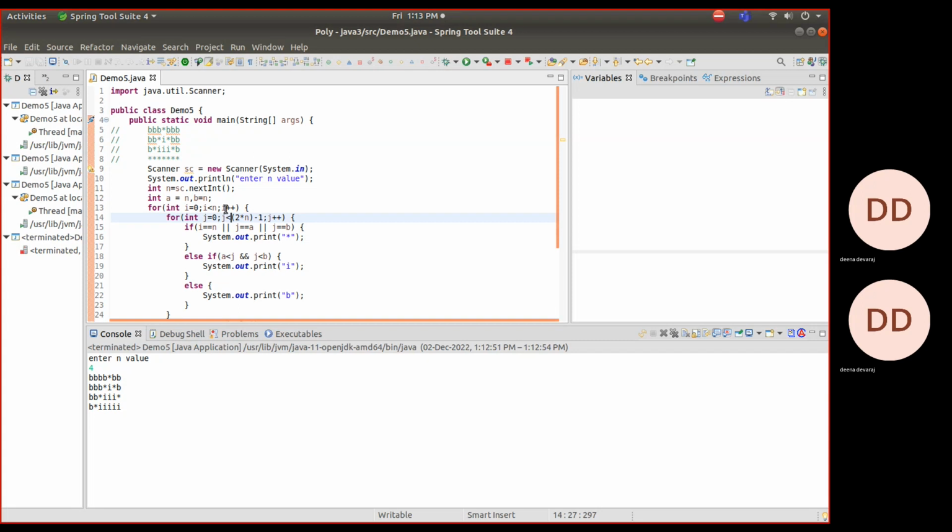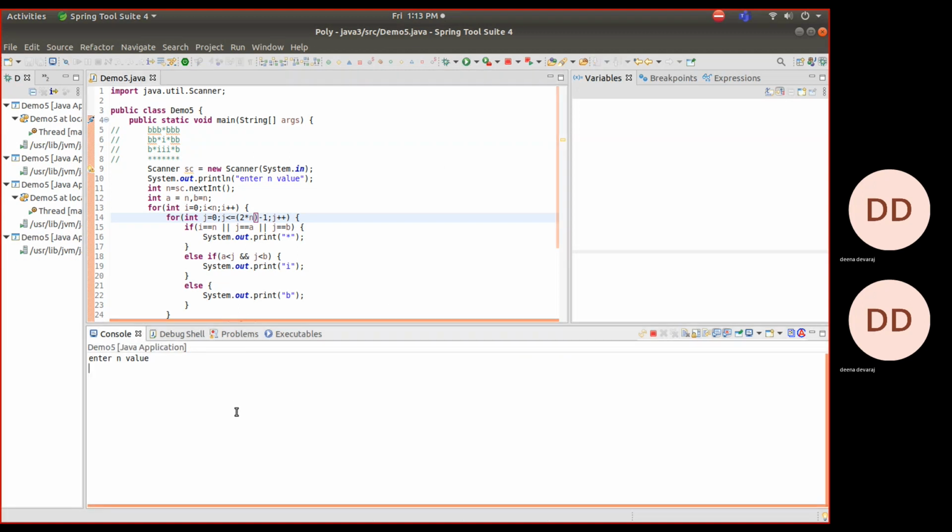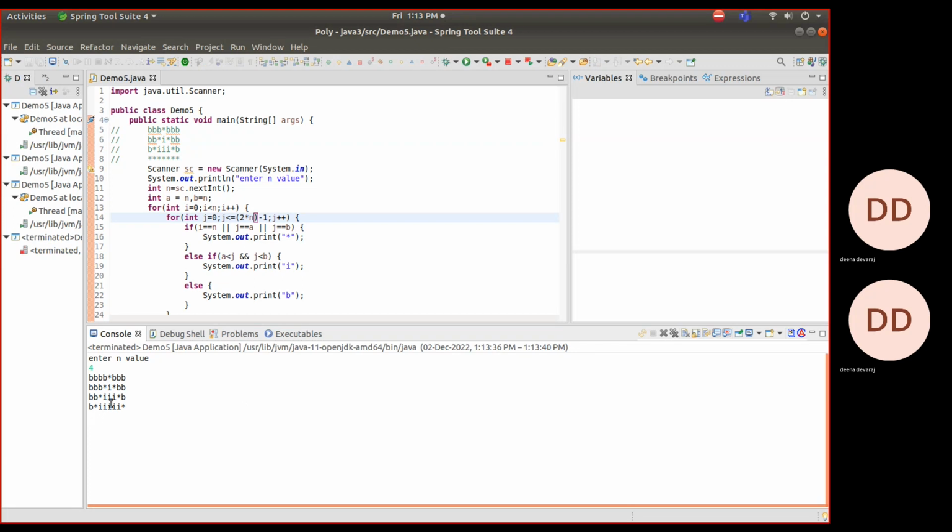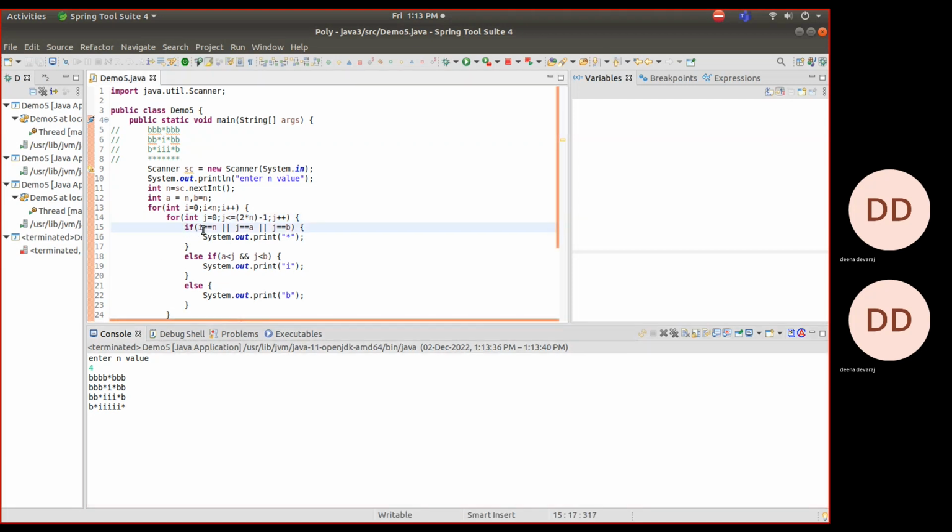Okay. And then run it. Value is 4. And okay, the last row is not printing those stars. So where are we printing this? This is the logic to print that star, right? I is equal to n, and j is equal to a, and b is equal to. So this is fine, and I'll just remove this and try